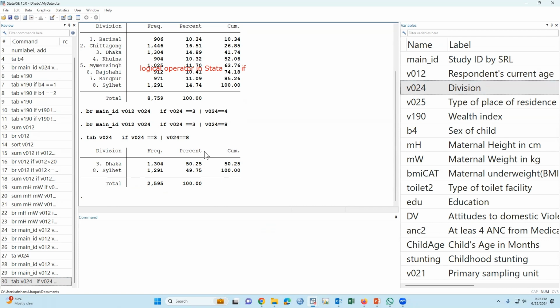Basically, in the next part, when we will compute new variables, generate new variables, replace a new variable, then obviously we have to use this type of logical operator. Otherwise, it is not possible to manage data. So for data management, logical operator is mandatory. Otherwise, it's not possible. So your homework is